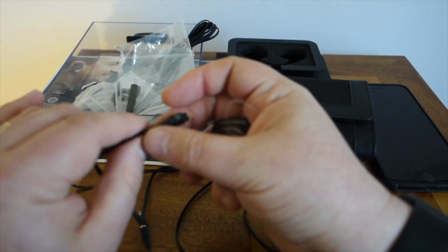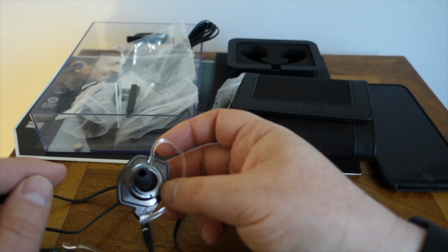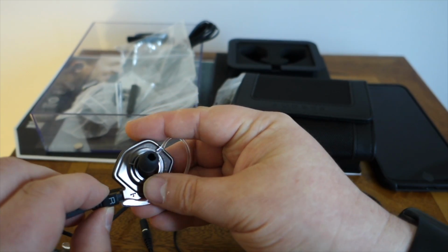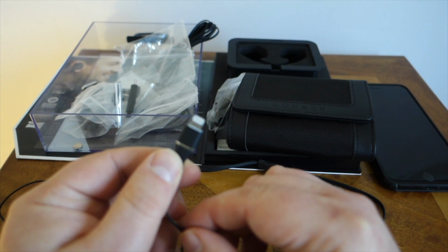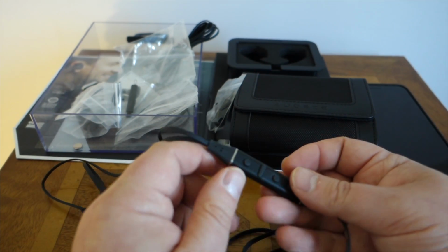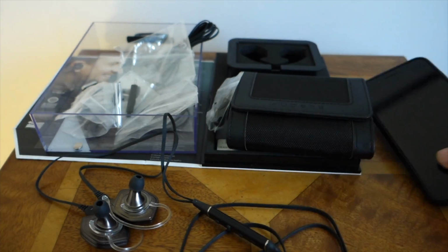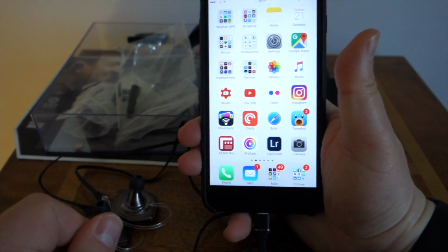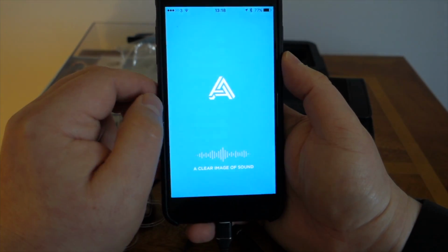You take this end here, which has the proprietary connection. Let's make sure I have that on correctly. Yeah. And let's have a look. That pushes in. And you'll notice this end has the Lightning connector, like so. And this is the special Cipher Lightning DAC and amp, and I'll show you how that works. So what we'll do, we plug this into here, and very quickly, let me find, here's the app, and